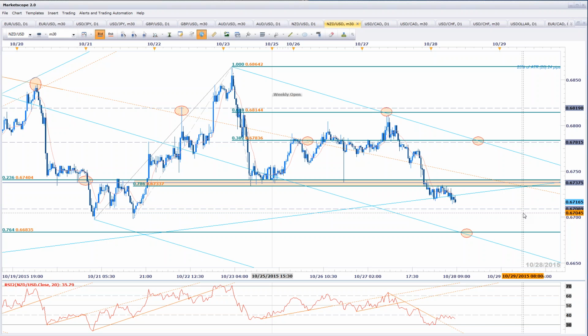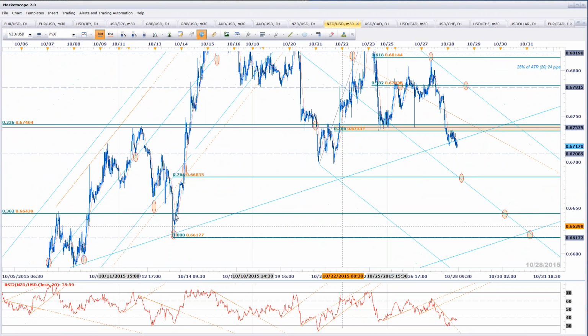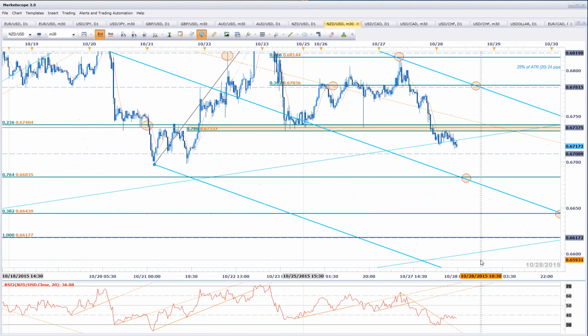Questions on Kiwi dollar. Downside targets, you're still looking for a soft target at 67.08. But the more important level is this confluence region here, 66.85, with the median line off the highs. Okay, we have seen a little bit of a smidgen there as we ran through that median line. So if we extend a parallel,